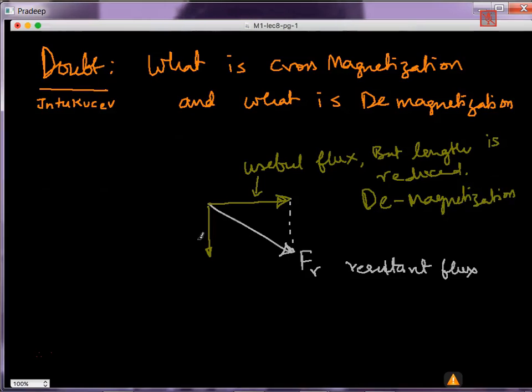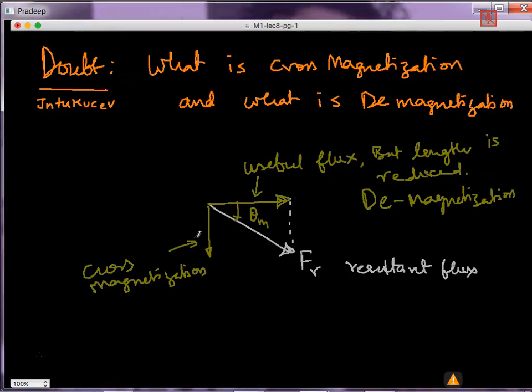Now look at this one. This is F. Let's say this is cross magnetizing. Because of the resultant flux rotating by angle theta, the cross magnetization means the main flux is like this, the armature flux is like this. So this is a crossing. Because of this crossing, the field is distorted. So the distortion is called cross magnetization. So I hope you got this